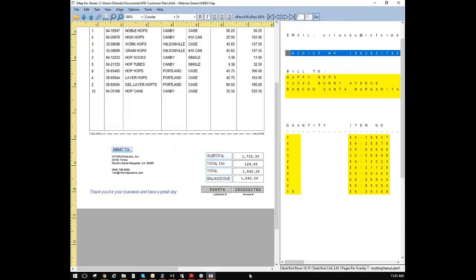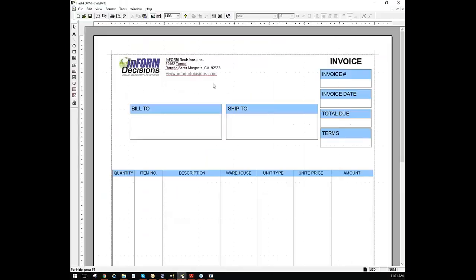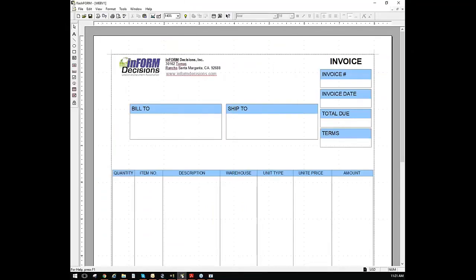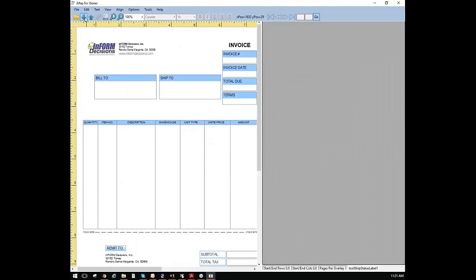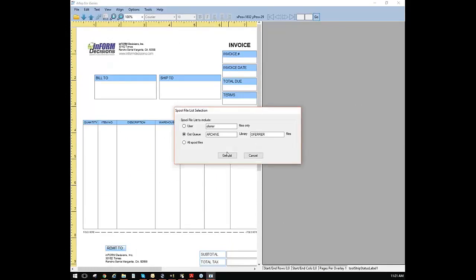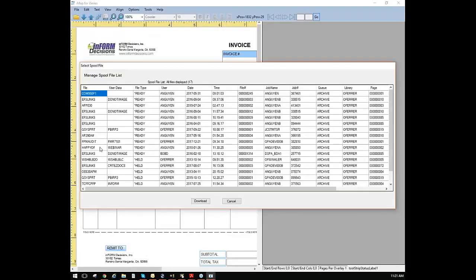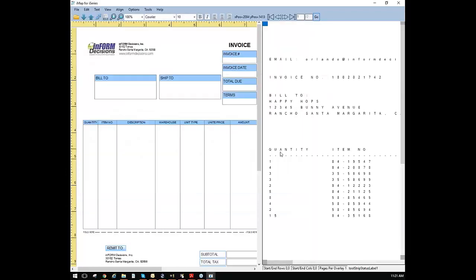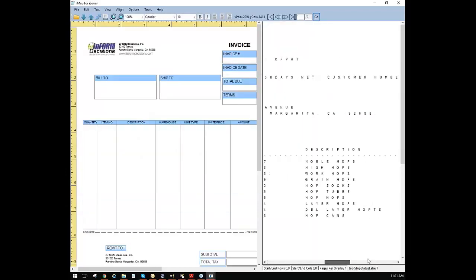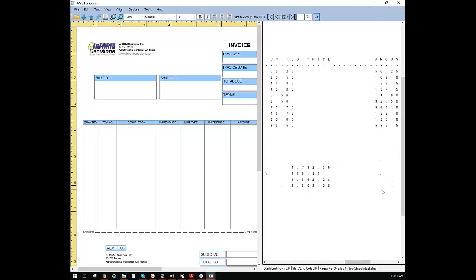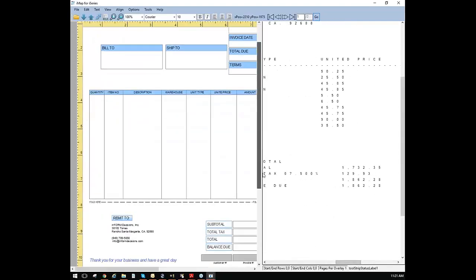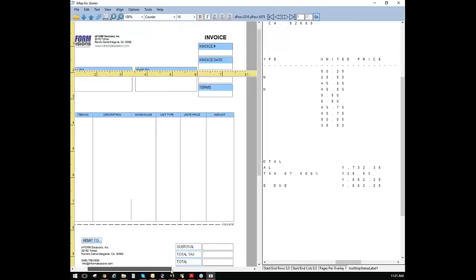Let me bring in my other map field. Oh, I must have got rid of that. Let me just bring that back in. Sorry, guys. We'll just do this very quickly. It goes pretty quick once you get a hang of it. Going to bring in my spool file. So if my information in my spool file is down here, and I actually want to move that to my area on the total section,